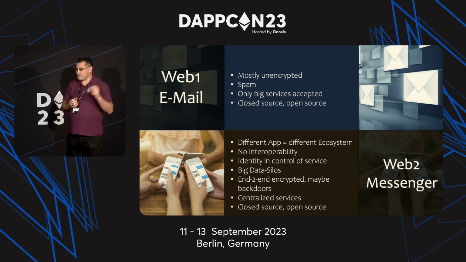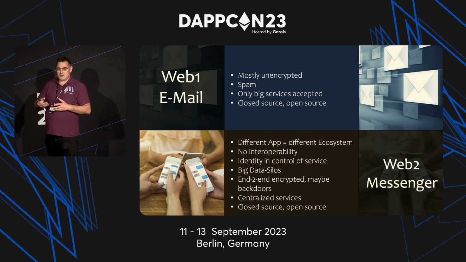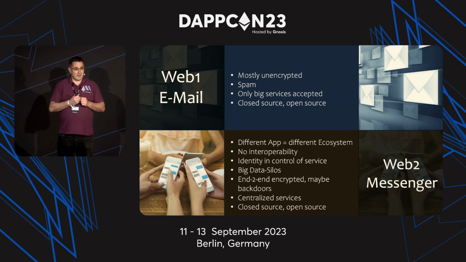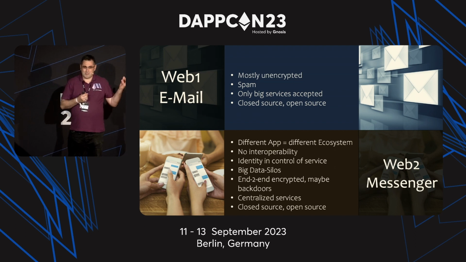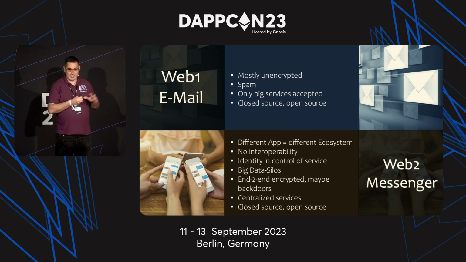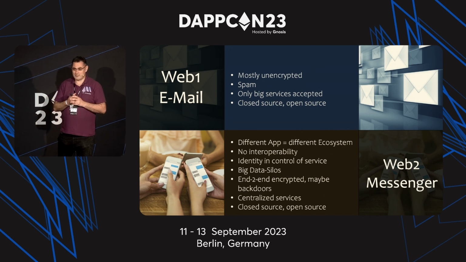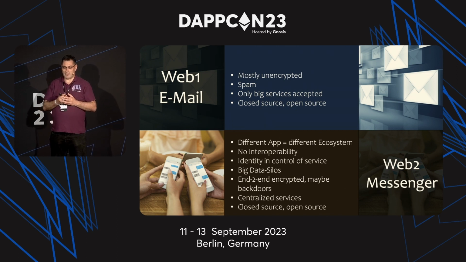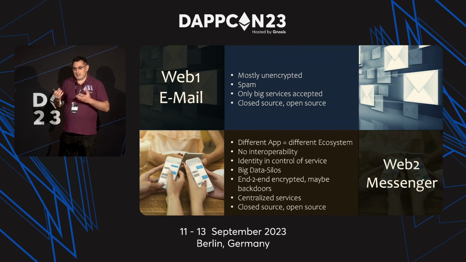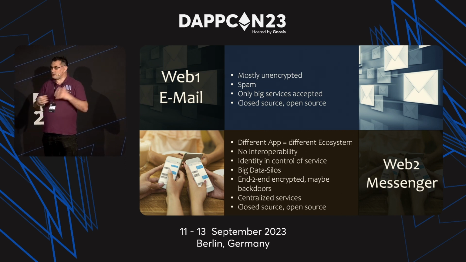So when we go back in history, the first real messaging solution on the internet was email. In the very beginning, in the 70s of the last century, messaging started with the ability to send an email from one person to another. This was actually one of the first real killer applications of the internet. A lot of traction came to this because now it was possible to send a message fully electronically from one position to another. At this time, messages were not encrypted at all. This was a kind of weapon, hosted by the military, so in private usage, encryption was not really available. But it was kind of decentralized because we had these different post office servers, and this worked well.